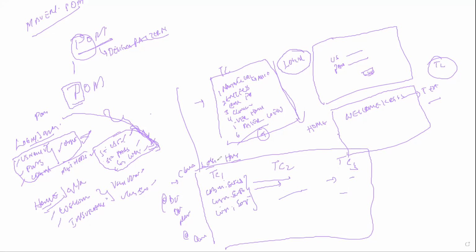So if there is any change, I'll come and change it in this method, so that at the script level I don't need to come and change it. This is the advantage of the page object model. To remove the redundancy, bring the commonality, and have a common accessible point, we will be using the page object model.